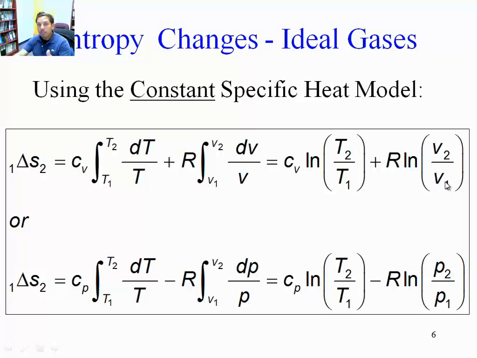So knowing the temperature and the volumes at state 1 and state 2, we can calculate the entropy. We don't need tables. Okay? All we need is a simple equation. The same goes for the other TdS equation, which after integration and taking Cp out of the integral because we're assuming constant specific heats, the change in entropy from state 1 to state 2 becomes Cp times the log of T2 over T1 minus R times the log of P2 over P1. Okay? So now, if we knew the temperature and the pressure in one state and the temperature and the pressure in the other state, we can use that to calculate how much the entropy changed between those two states.